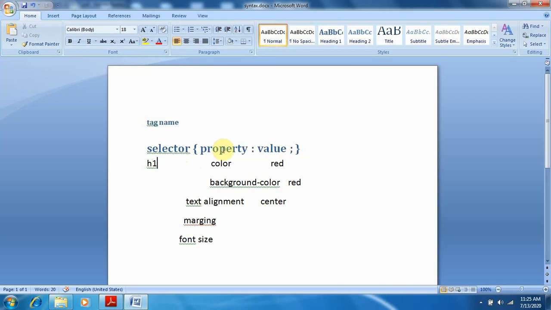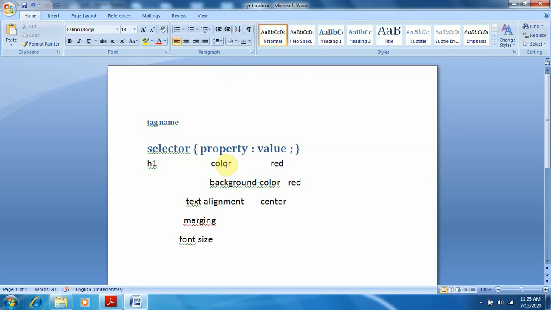Inside the curly brackets we have to write the property. Now what is a property? A property is a style that has to be applied to the selector, meaning it is a style which we want to apply to the selector.